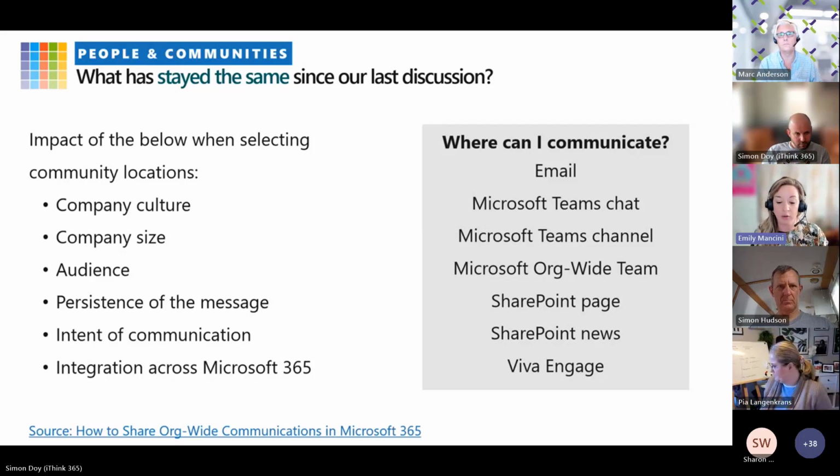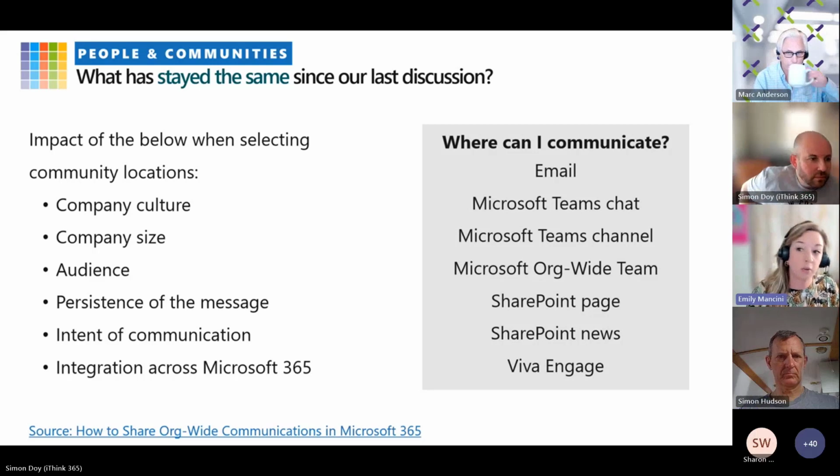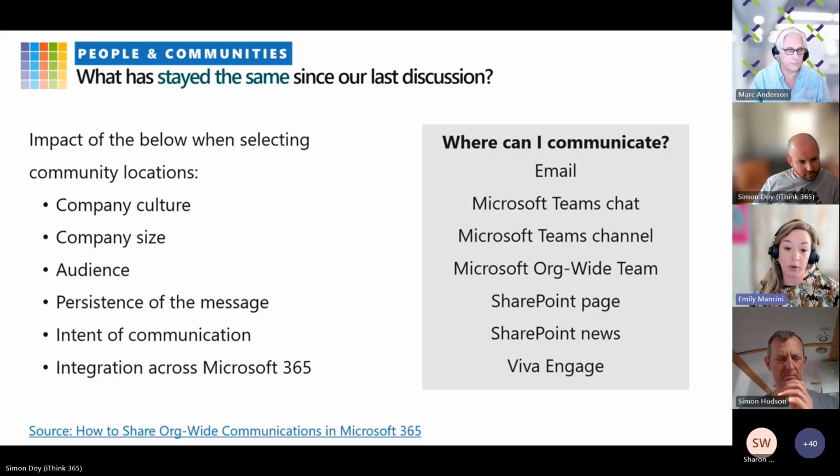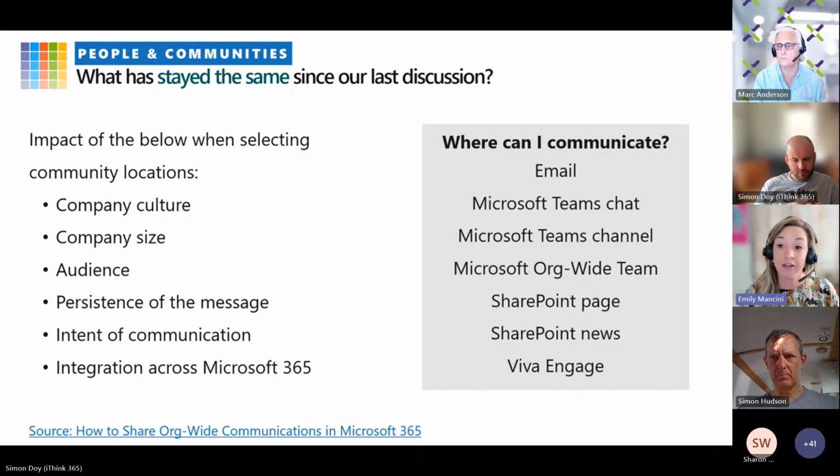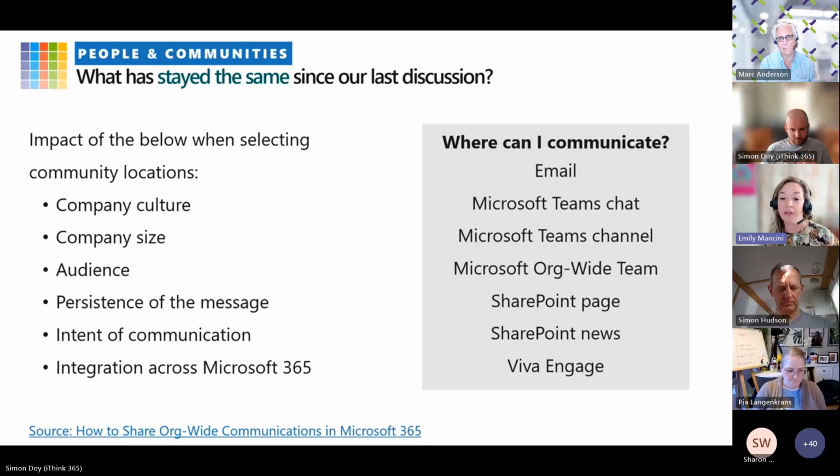For example, I used to work at an organization where the company-wide distribution list was always open to anyone at any moment in time. So the idea to initiate a conversation to the whole organization and not have it be vetted through a hierarchical structure was very accepted. When we looked at things like Yammer back in the day, now Viva Engage, that's something that the organization was really comfortable launching and people were very active in because they wanted to create their own communities, and they already had that expectation in the organization, and managers saw and celebrated that kind of interaction. Looking at things like company size will also impact it.